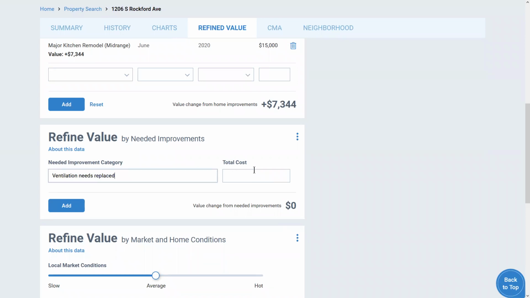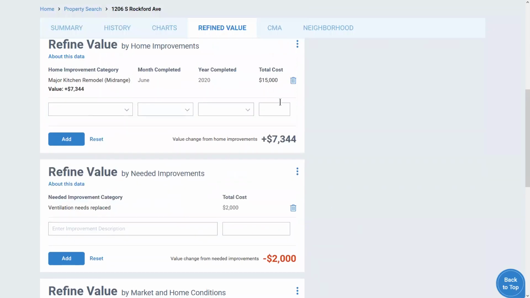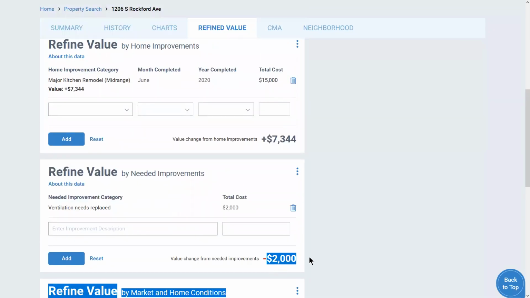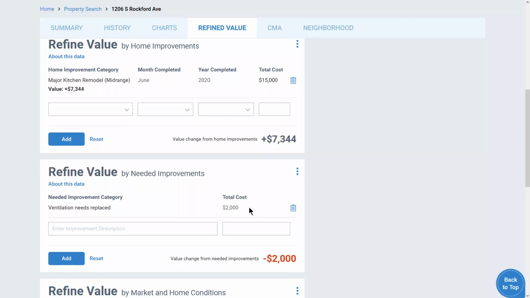And we know that that's going to end up costing them $2,000. Maybe I've got a buddy that gave me an estimate on that, or however you guys need to do that. Just make sure that you guys are perfectly accurate with this on what the estimate should be. Because when you click add, you notice how this one doesn't do a depreciation on the value. So this is just going to be a flat reduction in price based on whatever the value was that you